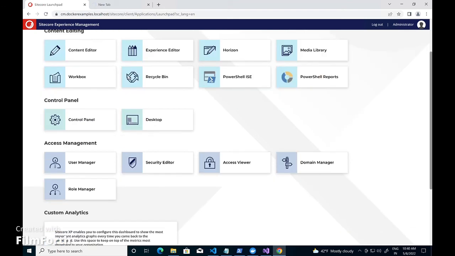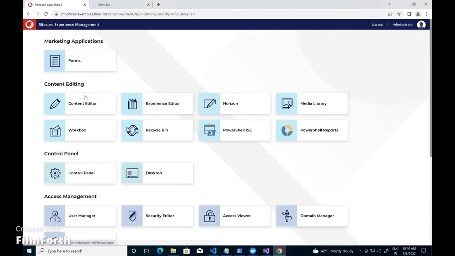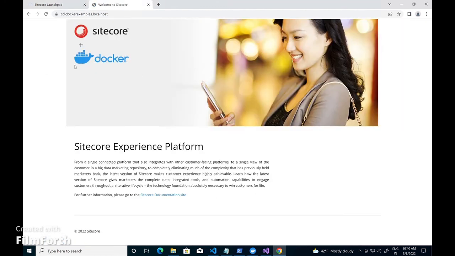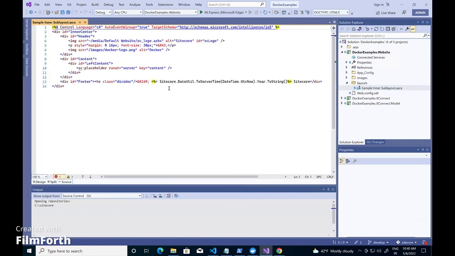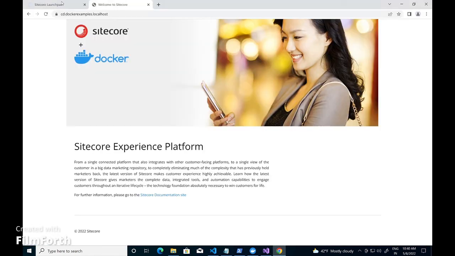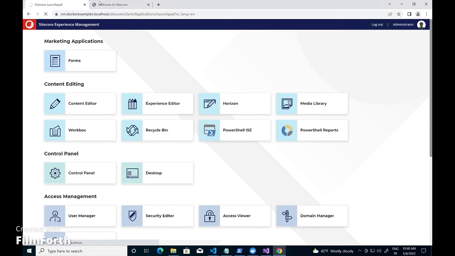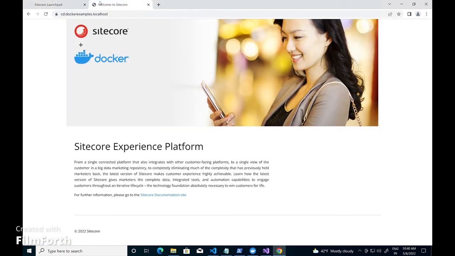You can explore the Sitecore CMS or the CM URL as well, the content editor. In the CD URL you can see that whatever customization we have done is now here. It means we have successfully containerized our Sitecore solution. We have basically modified this file, we have deployed this and built our custom images, and it is now visible on the